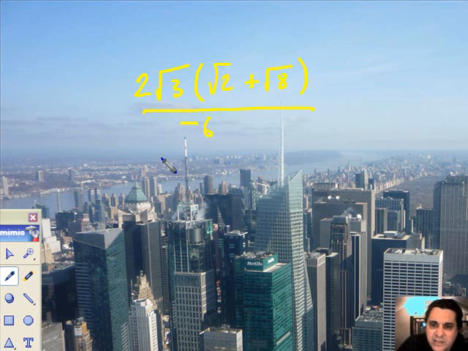Straight away that's a third, so let's just go further. That's going to be root 3 multiplied by root 2 plus root 8 all over 3, and the whole thing's negative. Alright,